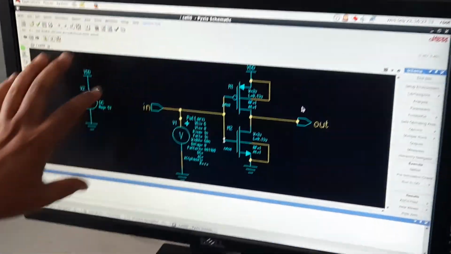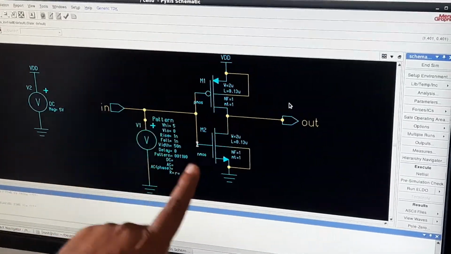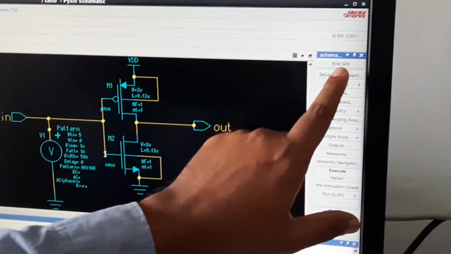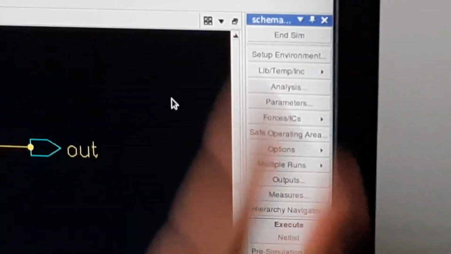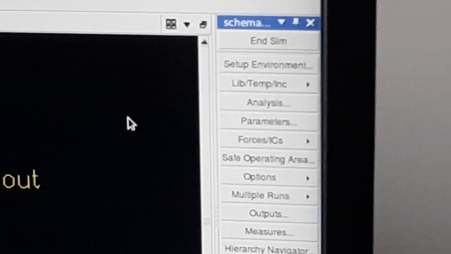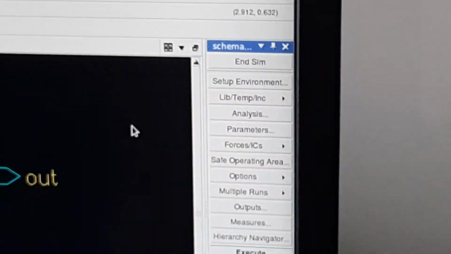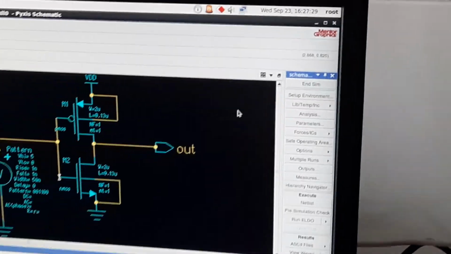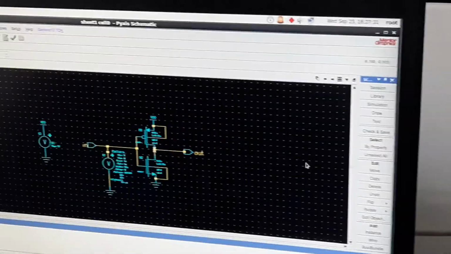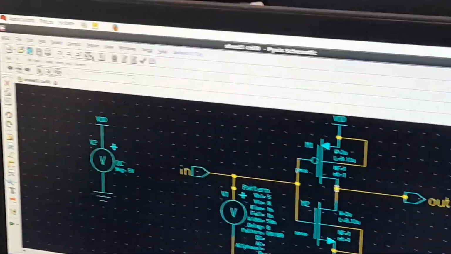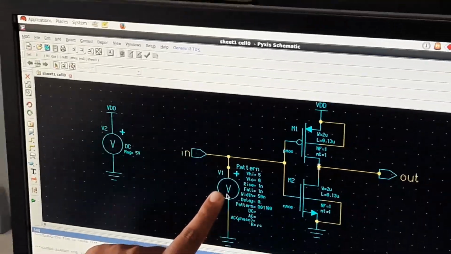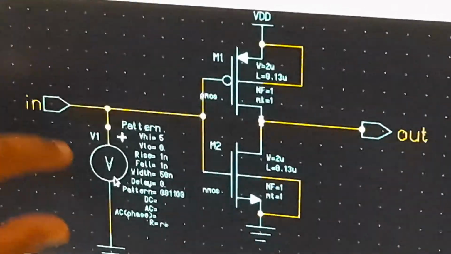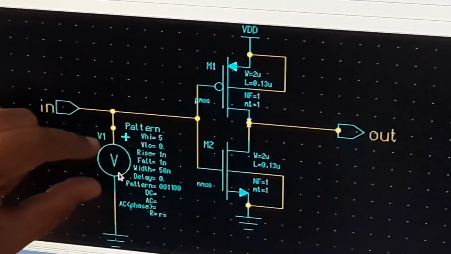This is the whole design, your CMOS inverter. First you click on end simulation, because this whole circuit is in simulation mode. You just stop the simulation, and some changes are required. I will tell you all the steps. In the case of DC analysis, you require a DC signal here.